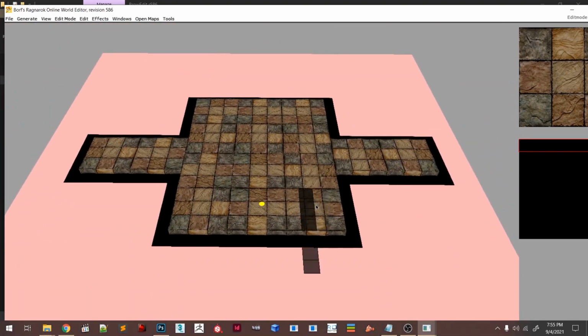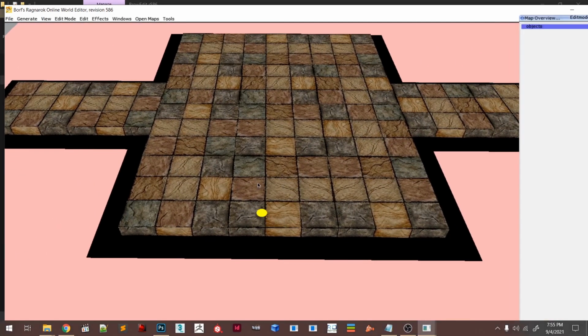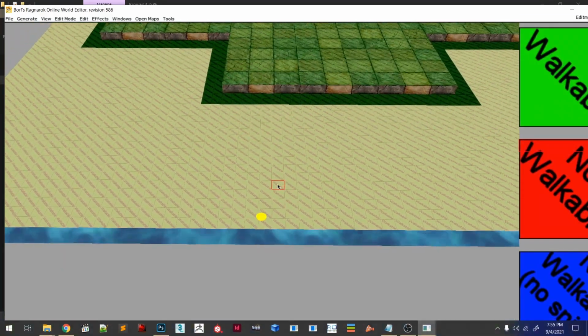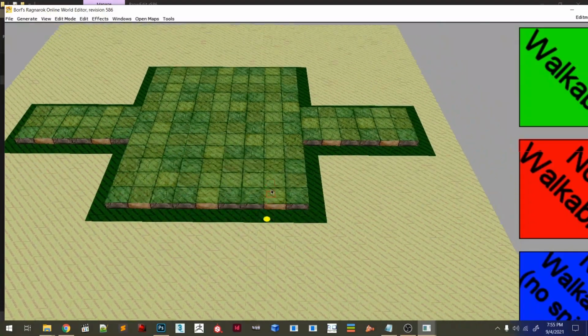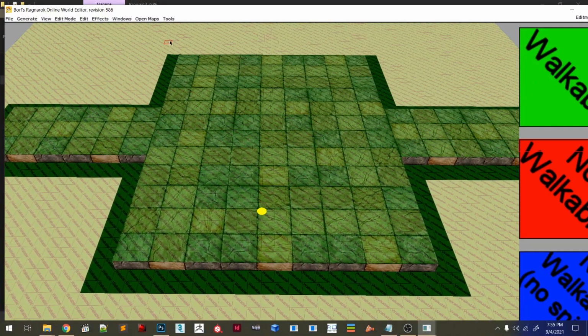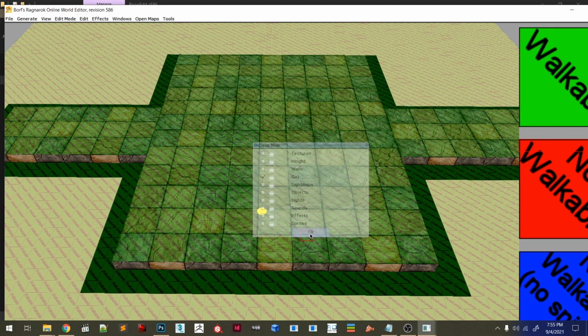So now the character still cannot walk on this because we haven't set the gets. So what we do now is just hit save. What are gets? Gets is the tile where your character can walk, and to see them you will press F6. But they are all green, so this means the character can walk pretty much anywhere. What we're gonna do now is go to Tools, Clear Map, and Get, and hit OK.